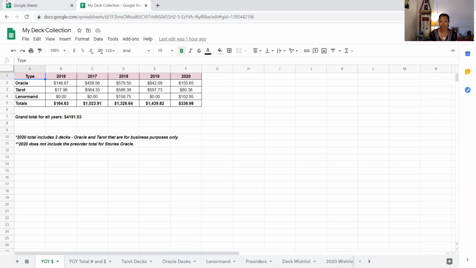And one of the students there also, when we talked about keeping track of your decks and the importance of it, mentioned that she had a flood and that it was so helpful that she had a spreadsheet that tracked the date of the purchase, the deck, where it was purchased, how much she paid, all of that good information. And it was easy for her to share that with her insurance company. Now, that's not necessarily a wish list, but I'll show you in a moment how my wish list ties to my main list that I track of my actual purchases. And so you'll understand that that's another reason why it's important to track.